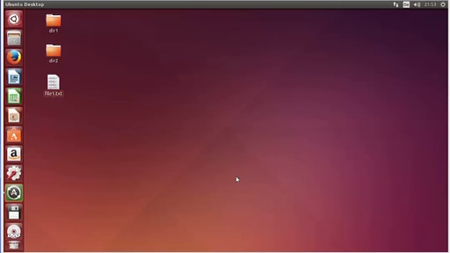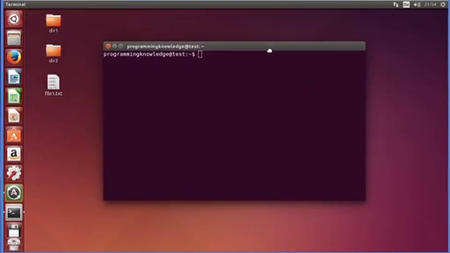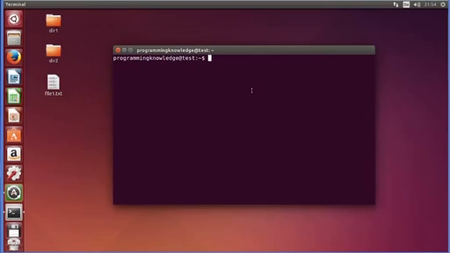In this video we will see how we can use cp command in Linux. Cp command is used to copy files and directories in Linux. So let's see how we can use it. So just open your terminal by pressing Ctrl Alt T and let's see what are the options we have for